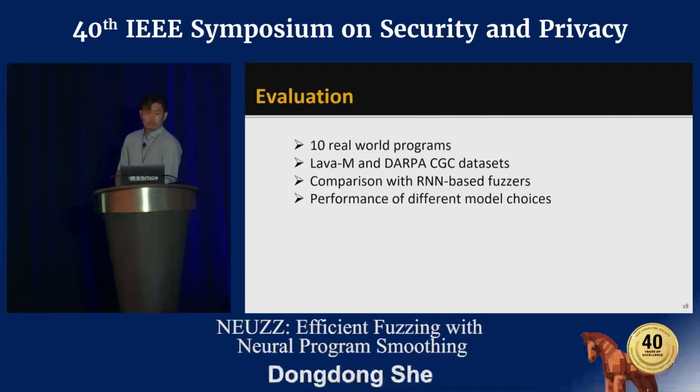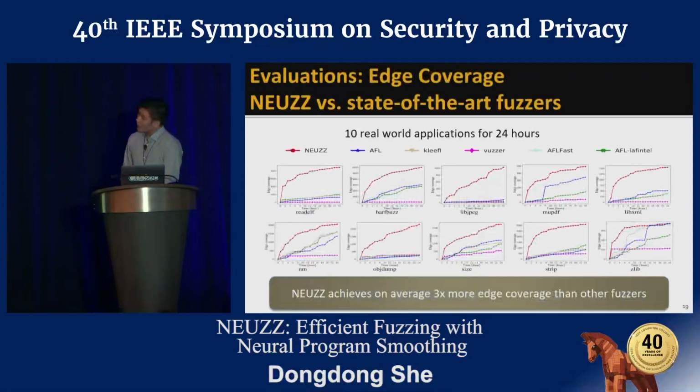Our evaluation consists of 4 parts: real-world programs, LAVA-M and DARPA-CGC datasets, comparison with RNN-based fuzzer, and performance of different model choices. We evaluate NEUZZ on edge coverage against 5 state-of-the-art fuzzers, including AFL, AFLFast, FairFuzz, and AFL-lafintel. The evaluation is performed on 10 real-world applications for 24 hours running, covering 6 popular file formats, including ELF binary, JPEG picture,